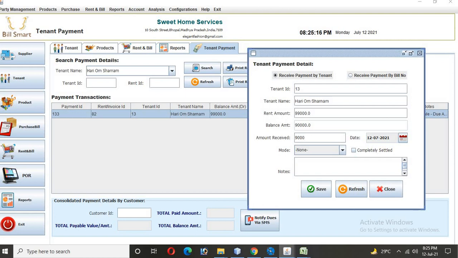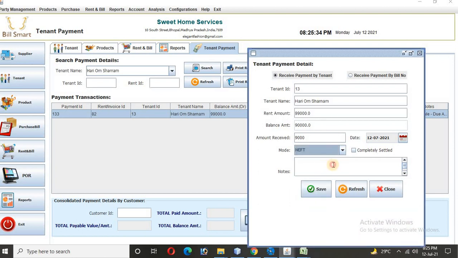So I click on tab. The moment I tab it, after putting the amount received, 9,000 as whatever the amount customer is paying now, you can just receive it. So 9,000 is being paid, and the balance will remain as 90,000. And how are we receiving? So we can receive it via cash, card, credit, whatever it is, and consider it is NEFT. So I just say reference to SBI and the number, what is the reference, and which date we are receiving.